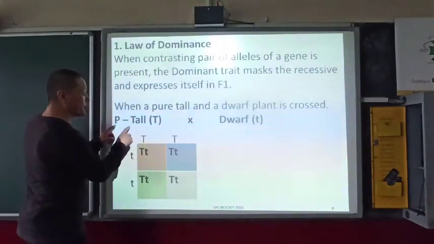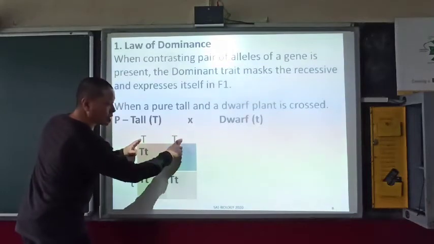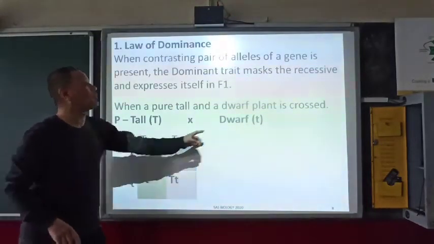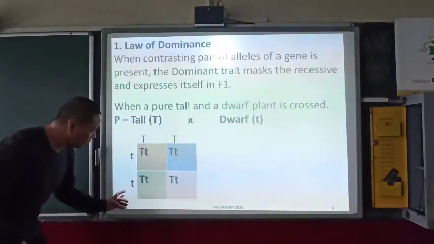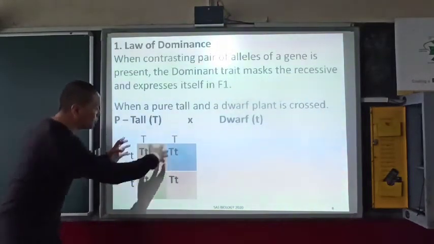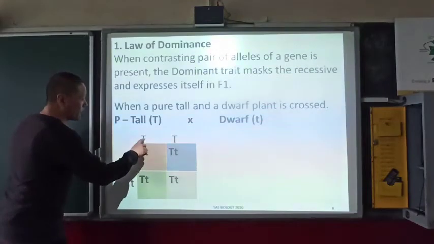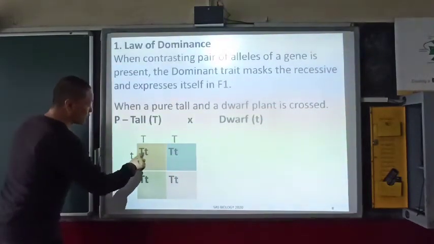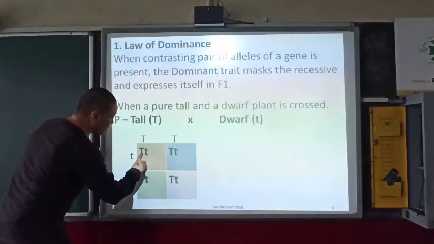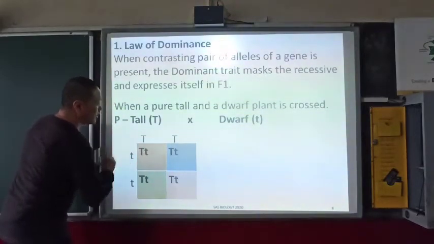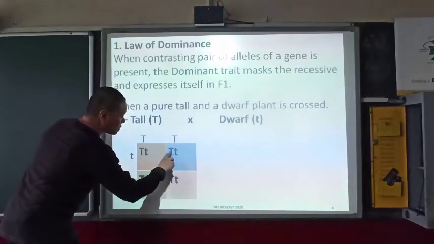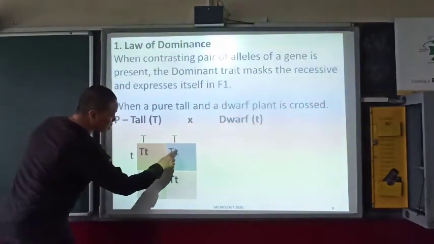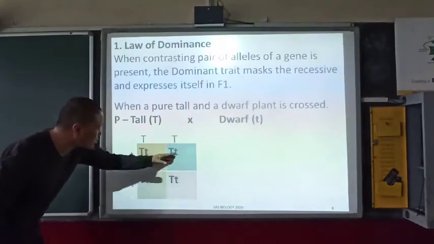The genes of the pure tall plant are here, capital T and capital T. And the genes of the gametes of the dwarf plant are given on this side, small t, small t. When you arrange it now, we always write the capital T's first and the small t afterwards. So here, you get a capital T from here, and this T goes here. This capital T drops down here, and this small t goes here. So we have capital T and small t, capital T and small t. All of the boxes have the same